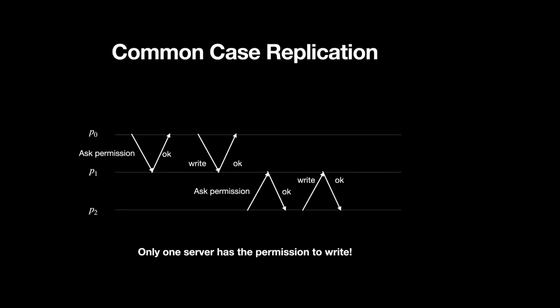So when P2 is asking for the permission, two things happen. P2 gets the permission, and also the write permission of P0 is revoked. This is something different from our Paxos algorithms. Now, if P0 comes and tries to write to P2, since its permission is revoked, it wouldn't be able to write. And as such, it would know that there is another leader running.